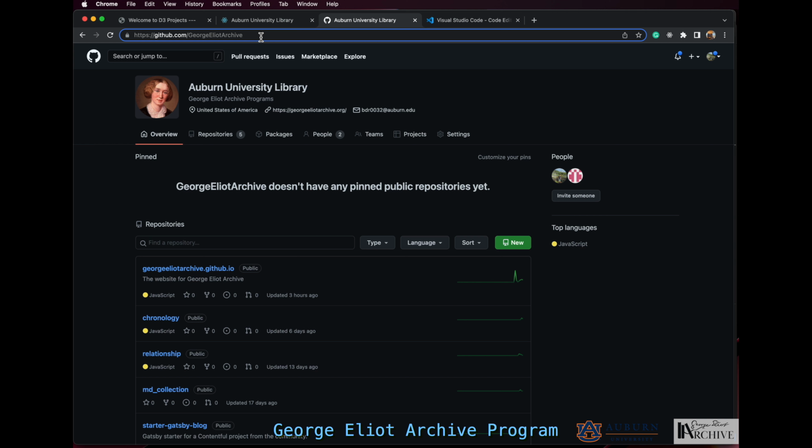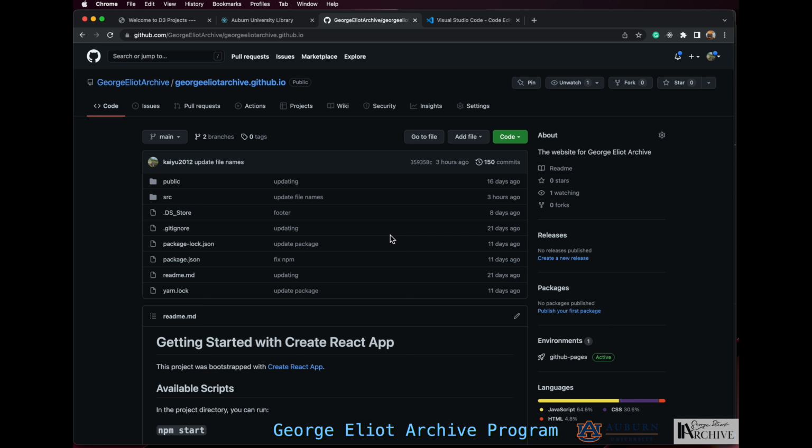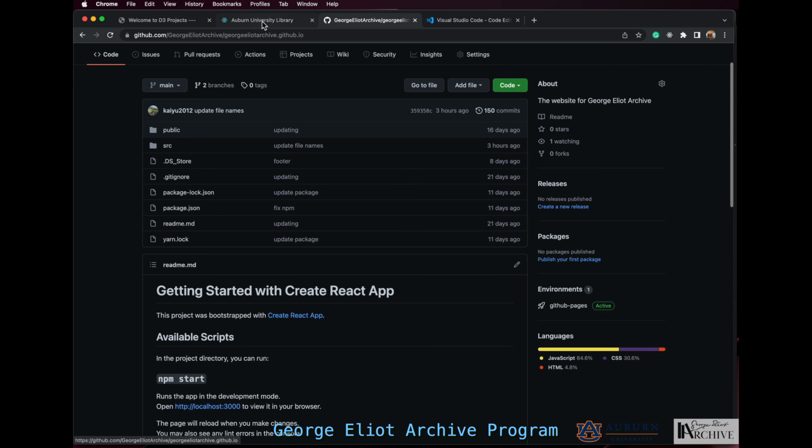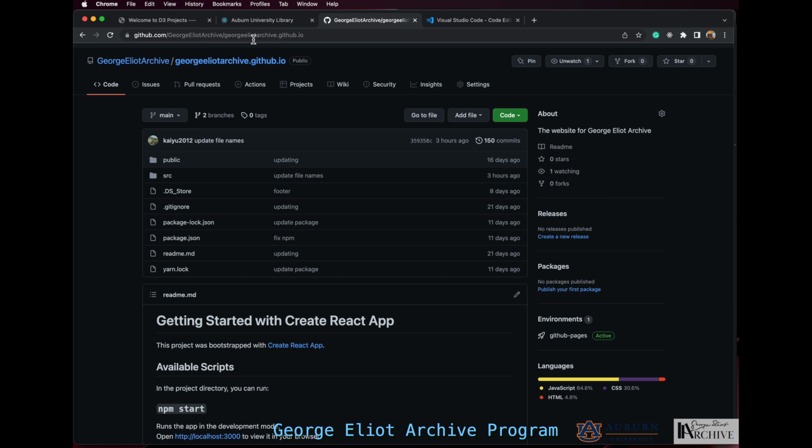This is our main repository. This is our organization. So go to github.com/George Eliot Archive. I have made it open source, so everyone can download everything I have created. This is essential knowledge to keep in mind: this is the GitHub web page. It should be created with the same repository name as the website address. So it's going to be George Eliot